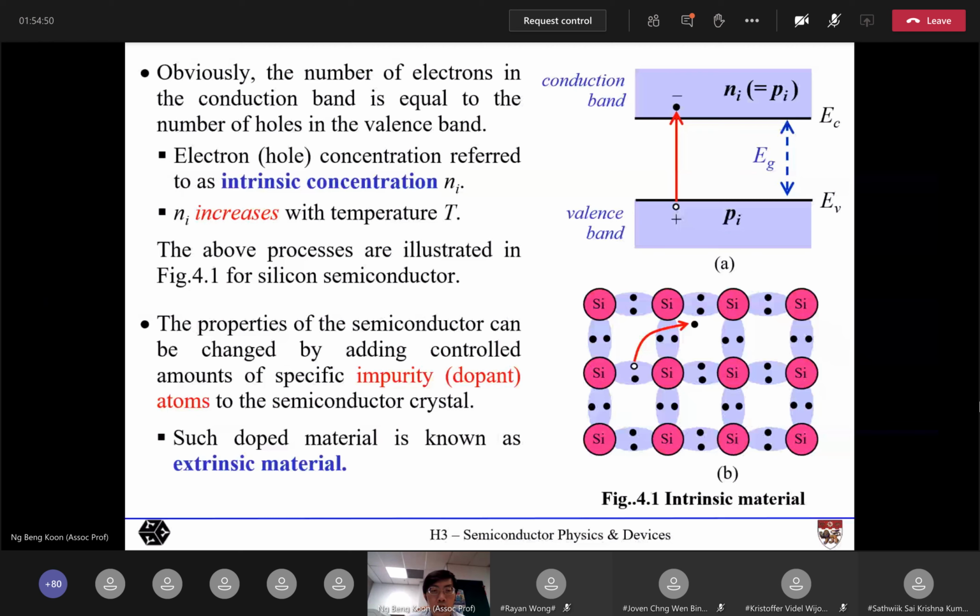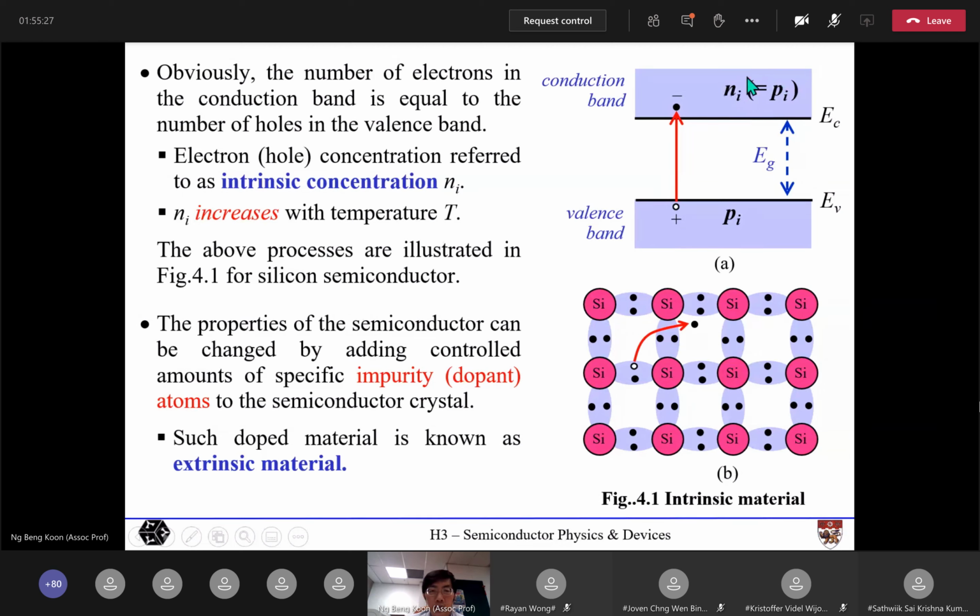In the case of a pure semiconductor, the carriers come from electron-hole pair generation due to thermal effects. The electrons get up to the conduction band, becoming free carriers, and this creates a vacancy in the covalent bonding, which gives you the corresponding holes. These two can move in the conduction and valence band respectively to carry the current. In a pure semiconductor, this stable number of electrons and holes per unit volume